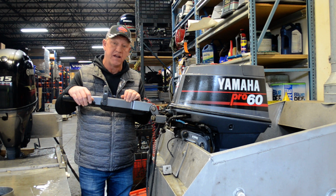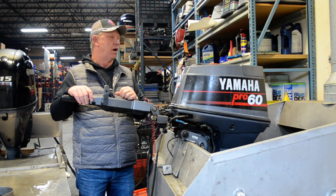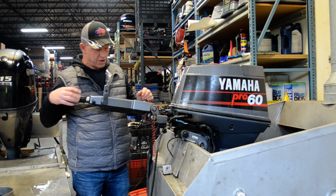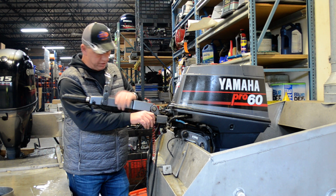Today we have for sale a 1996 Pro 60 Yamaha 2-stroke. It is oil injected, so you've got your oil tank on here with the oil injection, but it is a 2-stroke, not a 4-stroke. Tilt and trim, tiller setup,